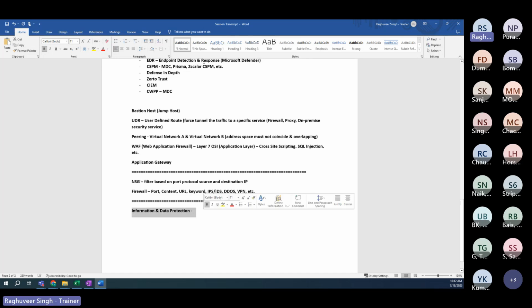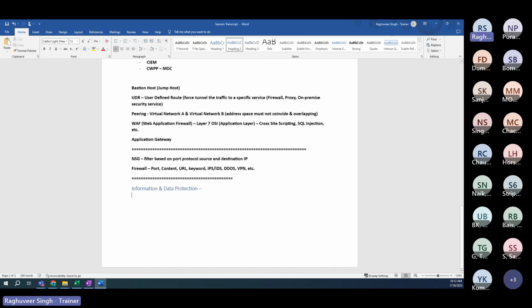Now, what is this information and data protection? This is one of the cloud security or cyber security domains in which we deal with data, and we deal with the process of securing this data, security of the data. Now, how do you secure the data in cloud? Before you even get into the security of the data, you first need to understand your data repositories. You need to know all your data repositories. You need to know where exactly you have your data saved, stored. So first you need to get full visibility of your data